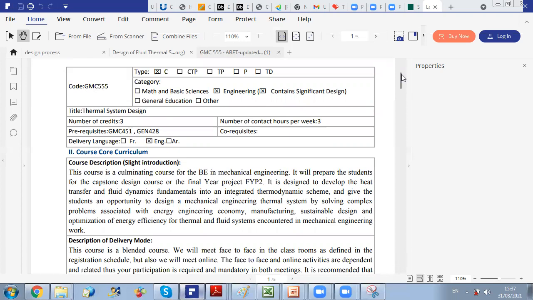So it is designed to develop the heat and transfer fluid dynamics fundamentals that you already know, but we will see them more in engineering applications. So we will integrate all our knowledge to be able to design a complete project from A to Z. So this will give you the opportunity to design a mechanical engineering thermal system by solving complex problems associated with energy, engineering economy, manufacturing, sustainable design, and optimization of energy efficiency for thermal and fluid systems encountered